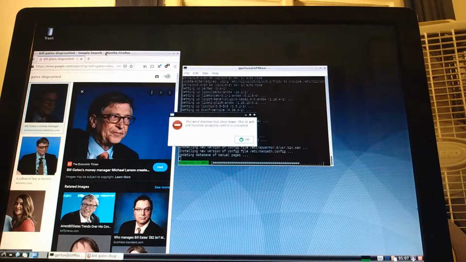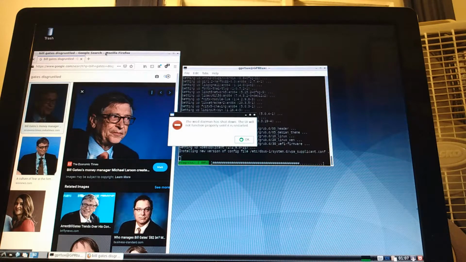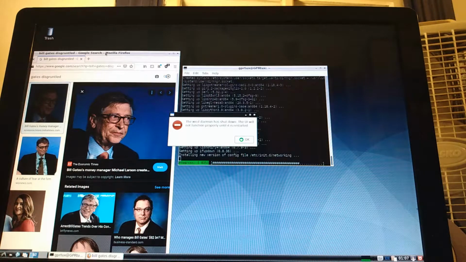I have wanted to use Gentoo as a daily driver operating system for a long time now, and my only point of concern, I guess it's kind of ironic.